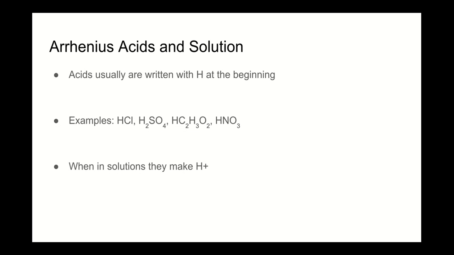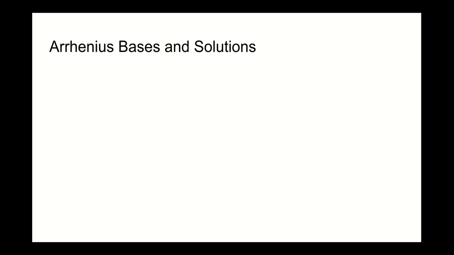Nitric acid, HNO3, is another acid that can mess you up if it's super concentrated. You'll notice that all of these, even the weird one that has H's in the middle, have an H at the beginning. The key is that when you put these into water, they break into H plus. If an acid is chemically reacting with something, it's that H plus, or proton, doing the reacting. An Arrhenius base has OH written